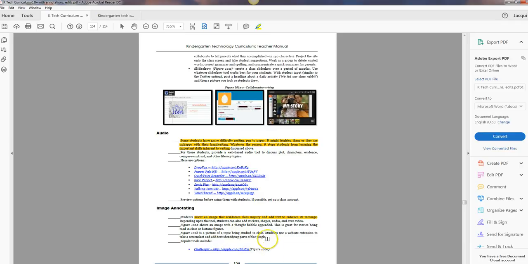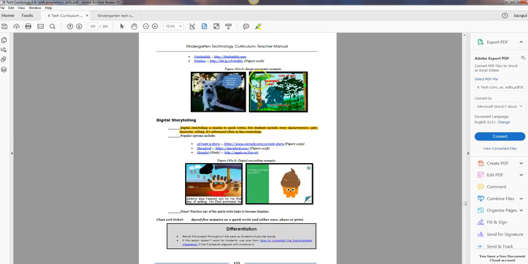Image annotating is very fun, where students bring up an image like this one and then they add something. They have the animal talk, or they annotate a description of the area like this jungle. A lot of ways you can do it. A simple annotation tool you can do